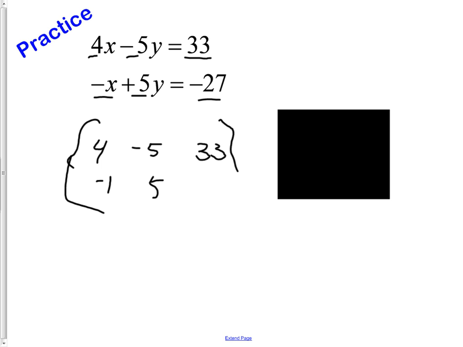-1, 5, and -27. Do you get where I got those numbers? So it's a matrix. Sometimes they have a line right here, which is completely irrelevant, but sometimes there's a line there, sometimes there's not. All right, that's an augmented matrix, has a line in there. Big deal, doesn't do much. Okay,